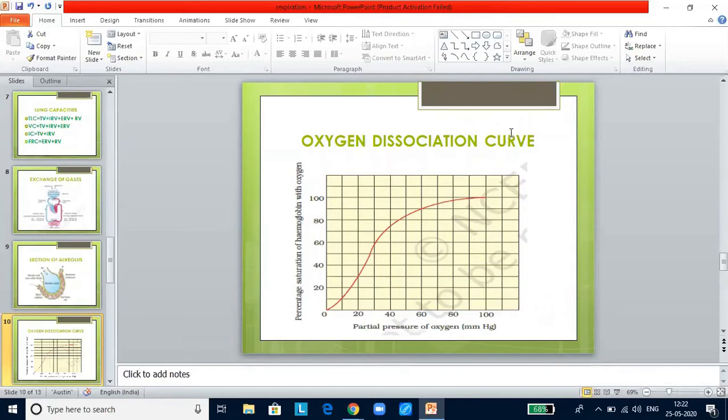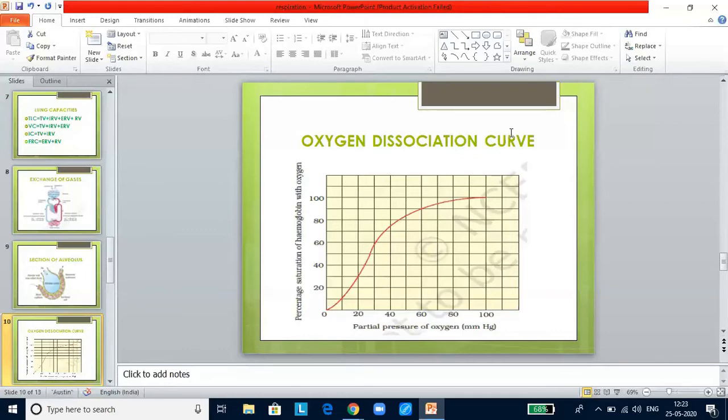But here you are going to see the oxygen dissociation curve that is given in your textbook. And this is also very important. They might ask you to identify the curve or identify what is there on the x-axis and what is there on the y-axis. At normal conditions, that is at PCO2 of 40 mm mercury, this curve is sigmoid and normal. Due to the increase in the concentration of carbon dioxide, the curve will be shifted towards the right side. Due to a decrease in the concentration of carbon dioxide, the curve will shift more towards the left side.